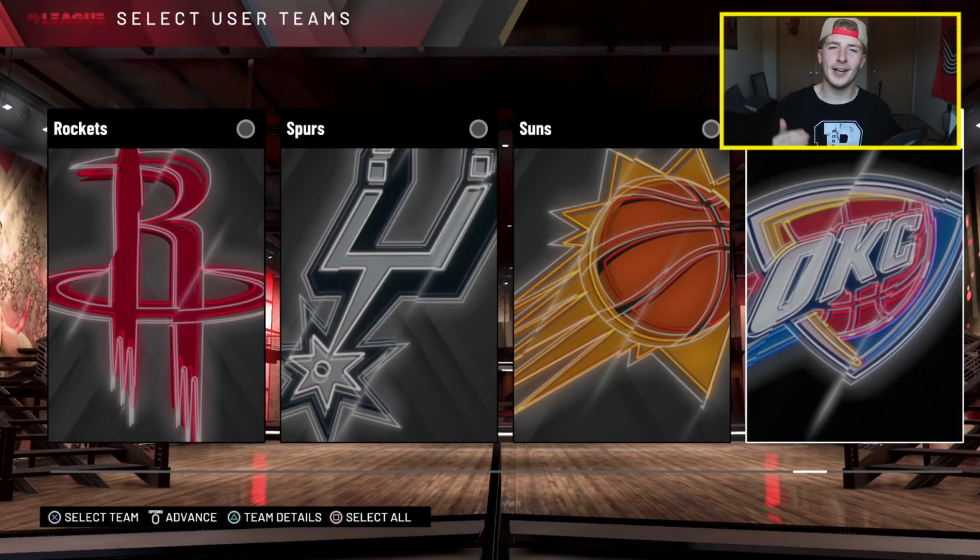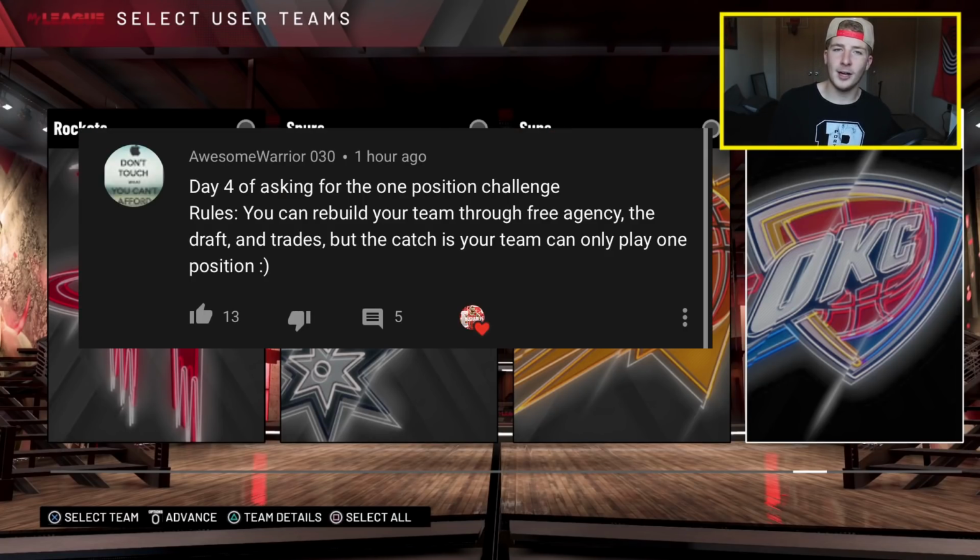Today we're going to be taking on the one position rebuild challenge. This challenge actually comes from Awesome Warrior 30 in the comment section of last video. He said, day 4 of asking for the one position challenge. You can rebuild your team through free agency, the draft, and trades, but the catch is your team can only